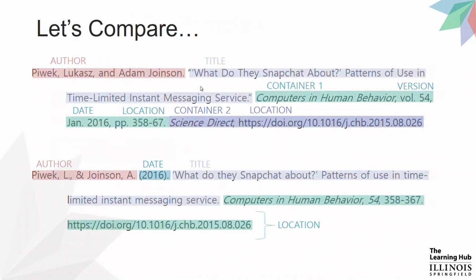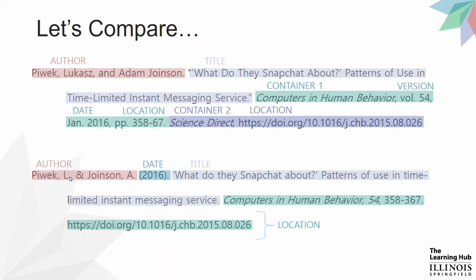So let's look at them together. You can see some differences. In MLA, you have author information formatted a little different. For 2 authors, you have last name, comma, first name, comma, the word and, then first name, last name. In APA, you always change first and middle names to initials, again for the diminishing bias purposes I talked about